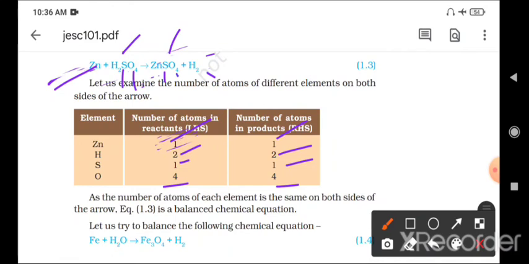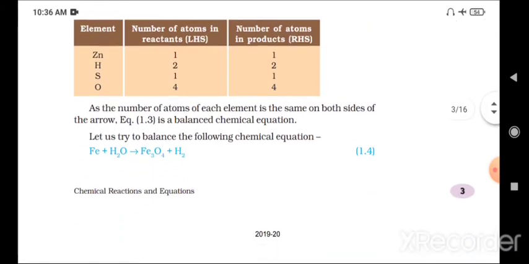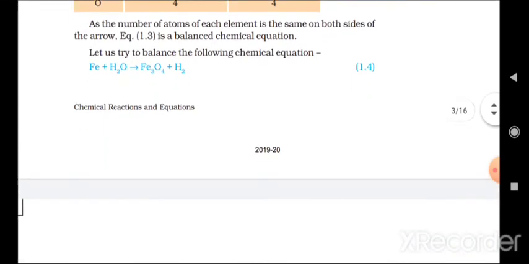This is what we wrote first. You have to count the number of atoms present on the right-hand side and left-hand side. If the number of atoms is equal on both sides, then we say it is a balanced chemical equation. If it is not balanced on the two sides, then it is called an unbalanced chemical equation. As the number of atoms of each element is the same on both sides of an arrow, it is called a balanced chemical equation. So another